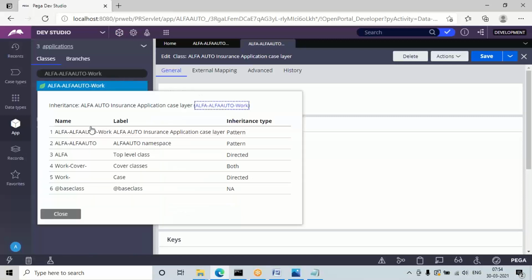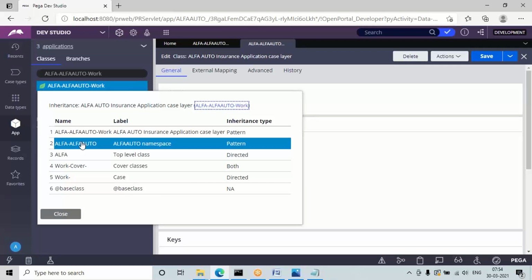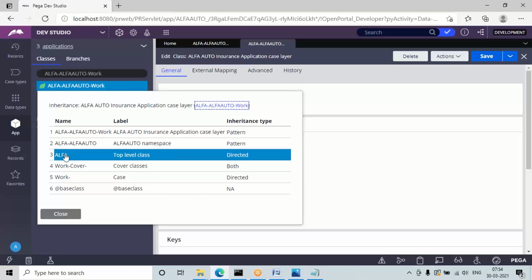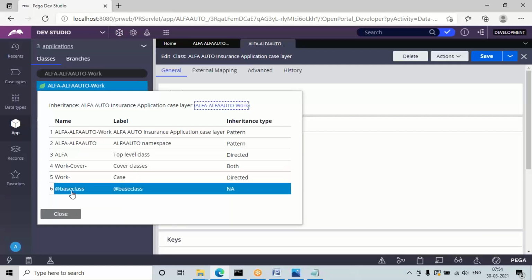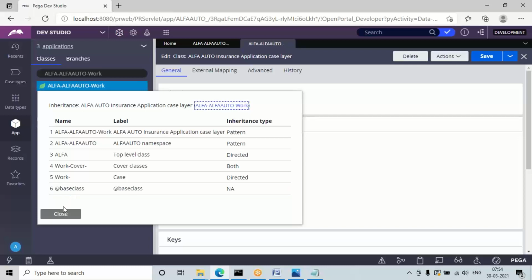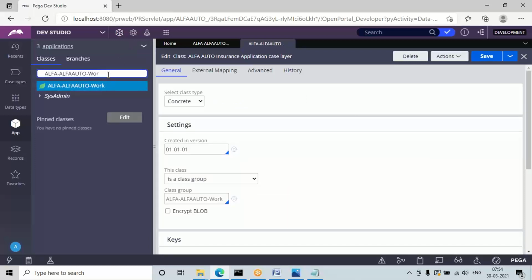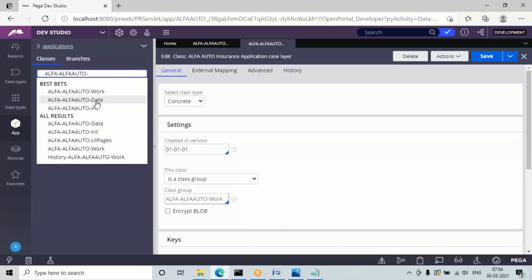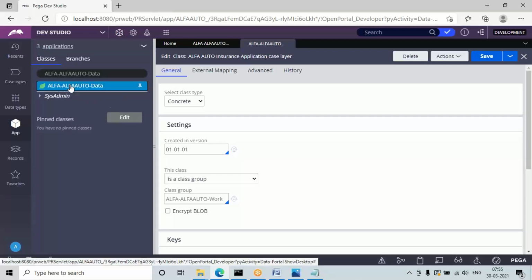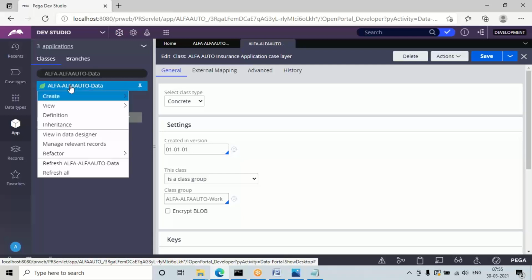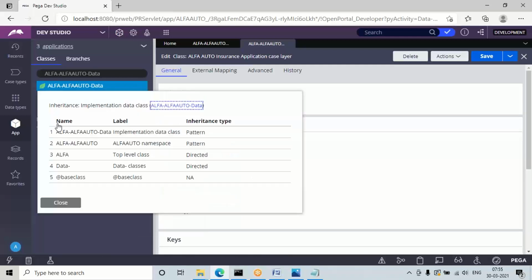Like, a work layer will have a parent as division, division will have a parent as organization, and organization will have the direct parent as Work-Cover-, and for that, the @baseclass. In Pega, for any class you take, @baseclass will be the super class. Like that, if you check some other class, the inheritance will be automatically generated. We only need to know the types of classes and what the parent is for each class. If you know that information, that is enough.